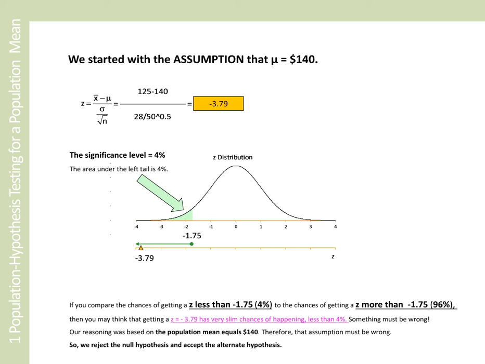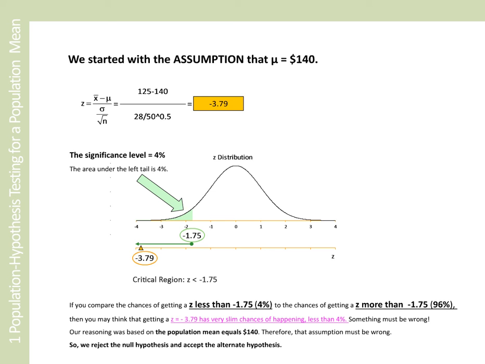The 4% significance level, the 4% area under the left tail, determines a critical value z equal to -1.75. The critical region is made of z values less than -1.75. If you compare the chances of getting a z less than -1.75, 4%, to the chances of getting a z more than -1.75, 96%, then you may think that getting a z equals -3.79 has very slim chances of happening,